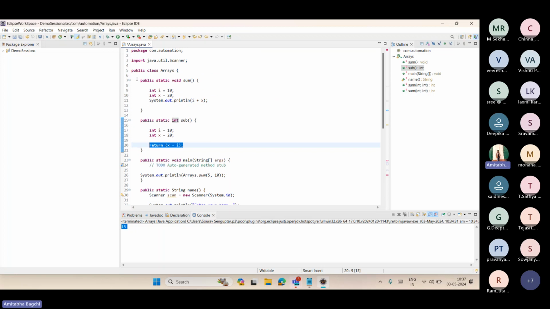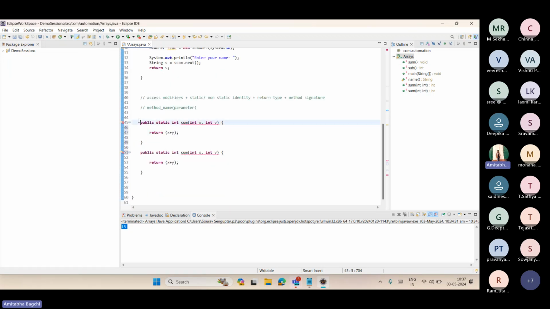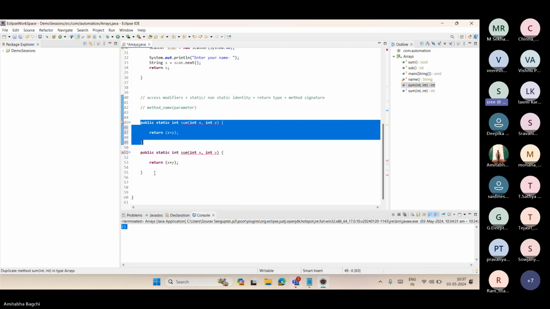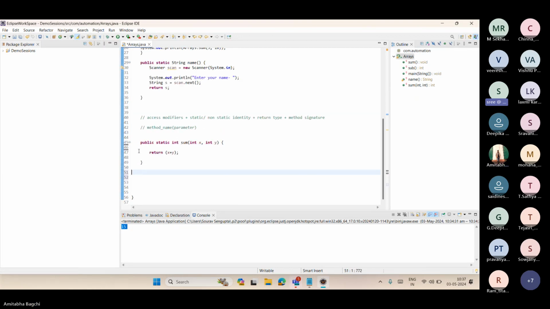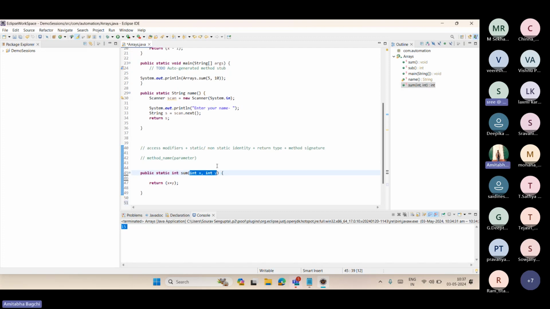So I have one sum method without any parameter, correct? But another sum method has int x and int y. You changed that, right? No, what I'm trying to say is